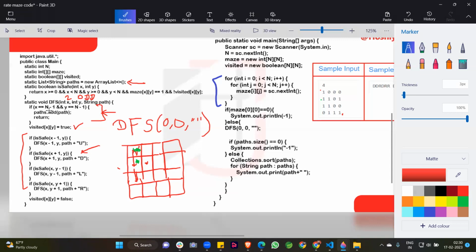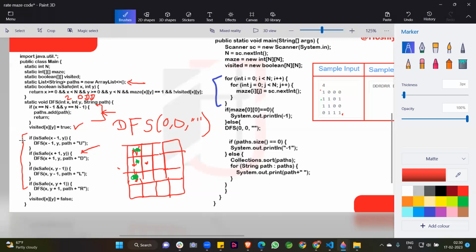After that we are checking our base condition: if we reach the bottom right corner or not, x is equal to n minus 1 or not, or y is equal to n minus 1 or not. We are not reaching the bottom, so the base condition is not executed. So guys, this is all about the code, and I am simply doing a dry run for your understanding. We are setting visited x y equal to true, so I am doing the same work because now we are checking for 2 comma 0. So this position is visited.